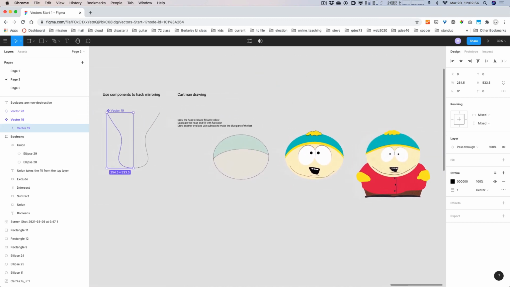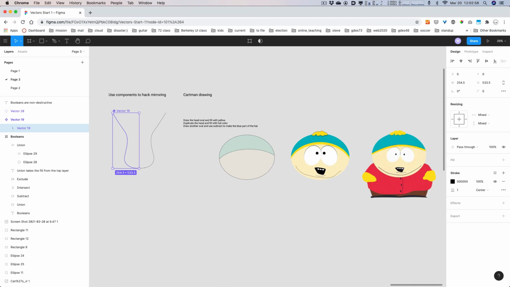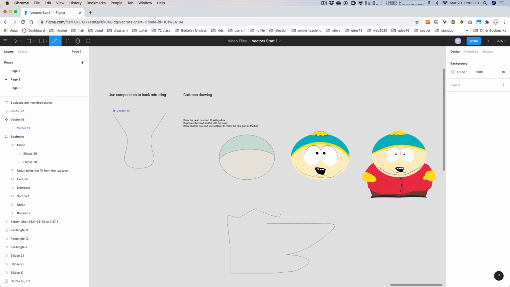The last thing is I'm not gonna actually show you this. I was gonna go through making Cartman just to practice with some of the tools and things, and I didn't really show you the pencil tool. But the pencil tool is underneath the pen, right? And the pencil tool is kind of for scribbly kind of drawing stuff. And that's what I drew like the hat with and things like that. One thing that's different about the pencil tool